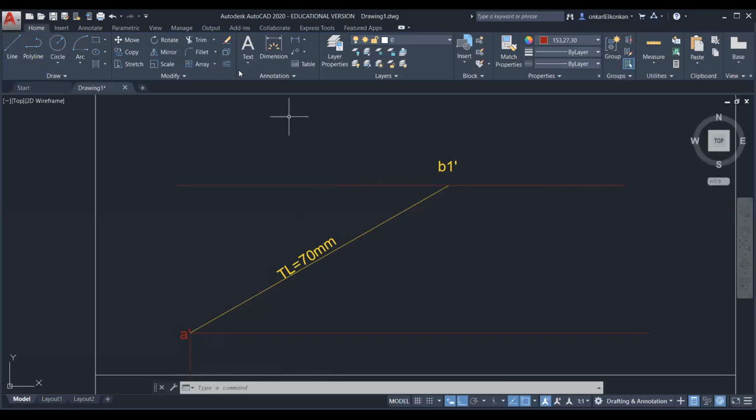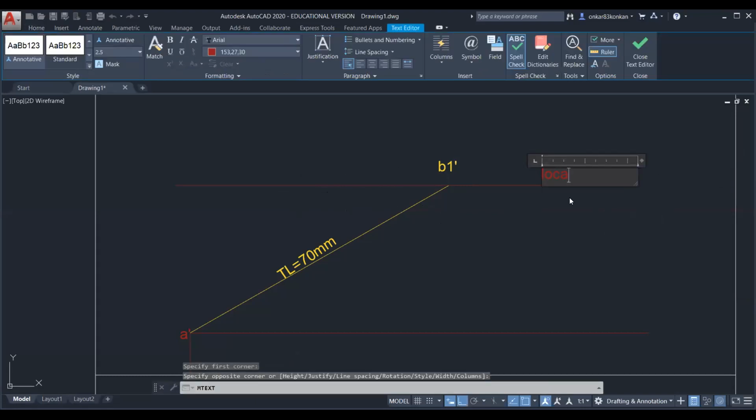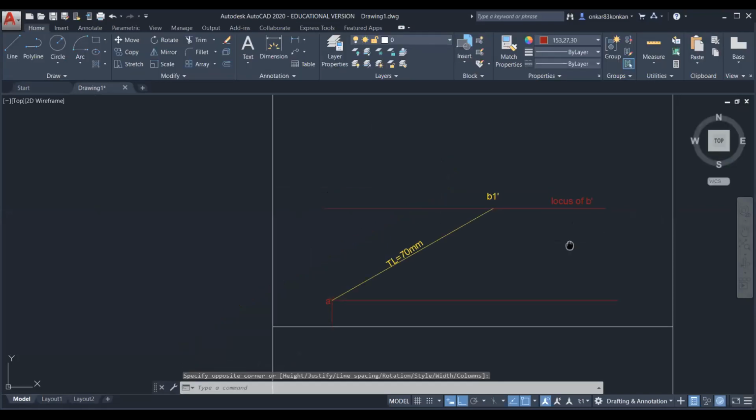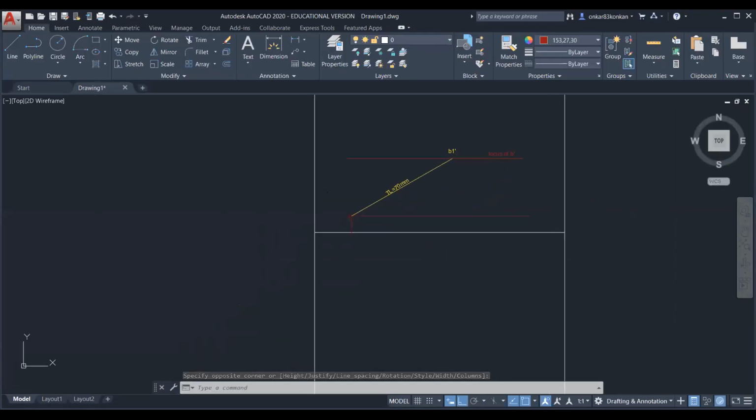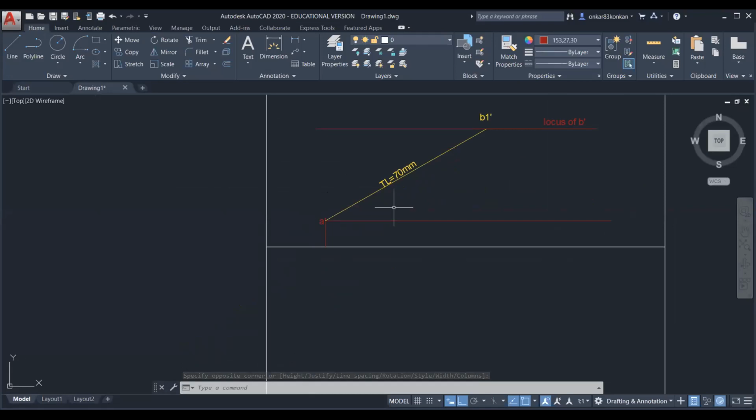Therefore it is called the locus. So you can write here the locus of B dash. Okay. So this is the front view when the line is parallel to the vertical plane. This is not the actual front view. So this is A dash and B1 dash.